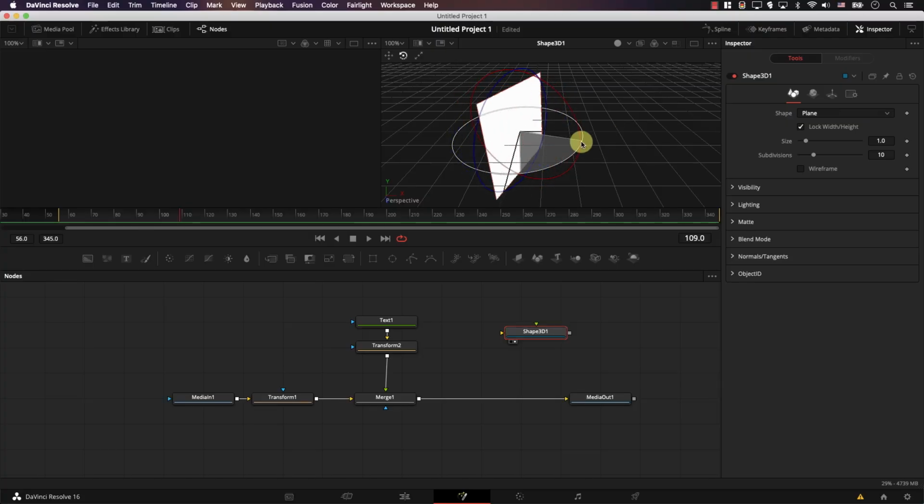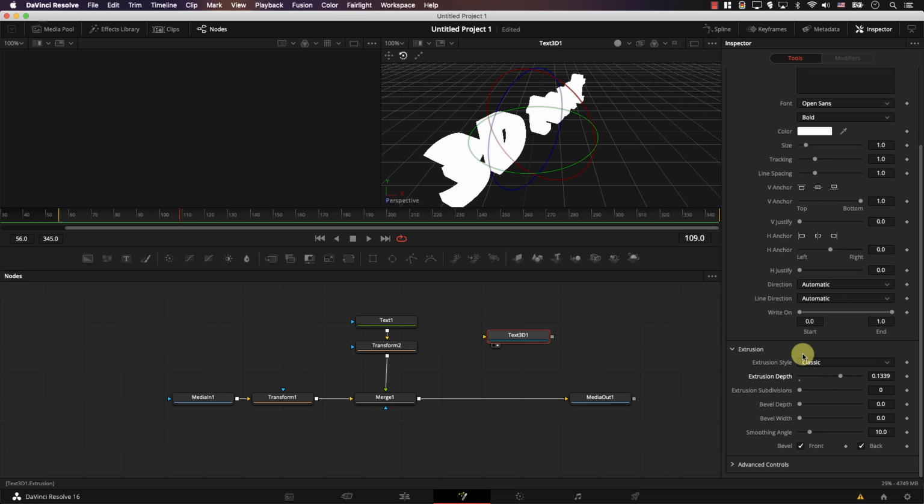Now the Fusion tab is responsible for visual effects. It includes both a 2D and a 3D environment, and it uses nodes. It's very powerful. Actually, it's one of the main standards in actual Hollywood production films. So the Fusion page is where you add visual effects. Just think of it that way.